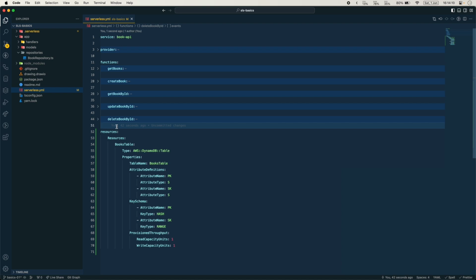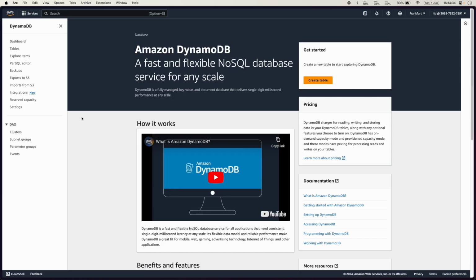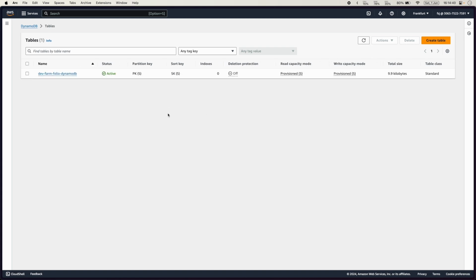And now we want to deploy this table live to DynamoDB, and it's very, very easy. We just say serverless deploy again, and it will read through our resources and our functions and start deploying stuff that's not there already or new or needs to update. So if we go to our dashboard and we go to the tables page and do a refresh, we don't see the books table. We did see it there for a moment because I removed it and deployed it again now. So if we refresh now, we don't see the books table yet, but if we give it a second and do a refresh,